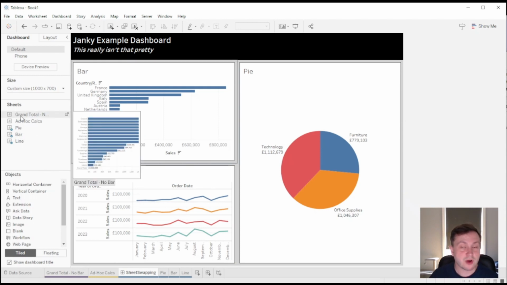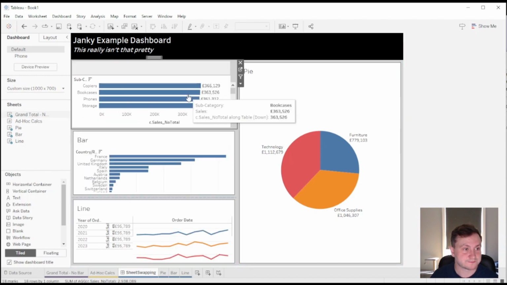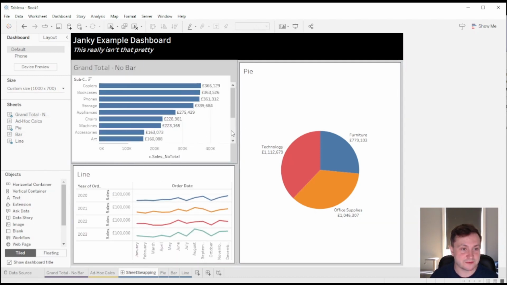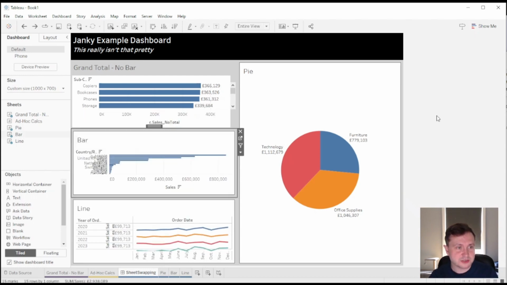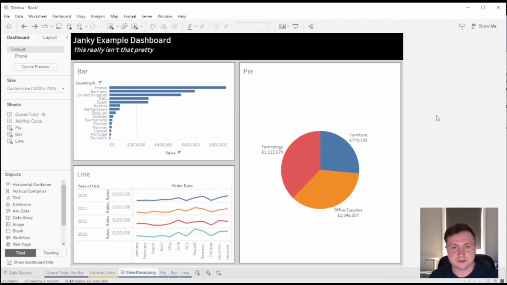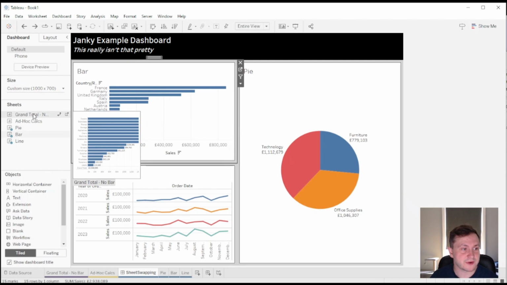And so what you might be tempted to do is just to drag it in. So if I drag in this sheet here, drop that there and get rid of this, you can see that it's not got the padding set up, it's not got a border, and so I'm going to have to go through and change all of those values, which can be quite a pain, especially if you're working on quite a confusing or an intricate dashboard. What we can do instead, if I just Control Z both of those, if we select the sheet that we want to replace, so here I've selected my bar,